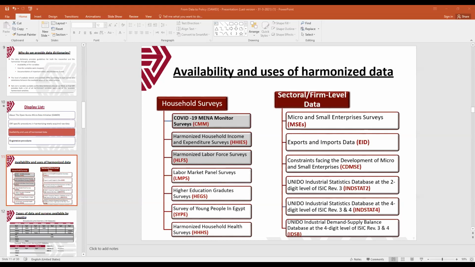And how much did the household spend on education? On health? On transportation? And so on. It's very useful in many things. One of the major things it's used for is the poverty rates. Mainly the poverty rates are computed in Egypt, in Palestine as well, and Jordan, from the household income, expenditure, and consumption surveys.